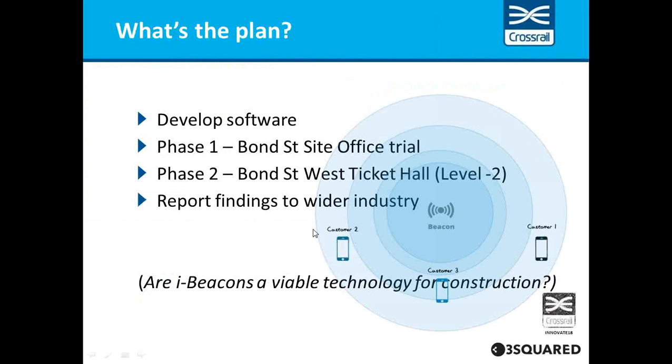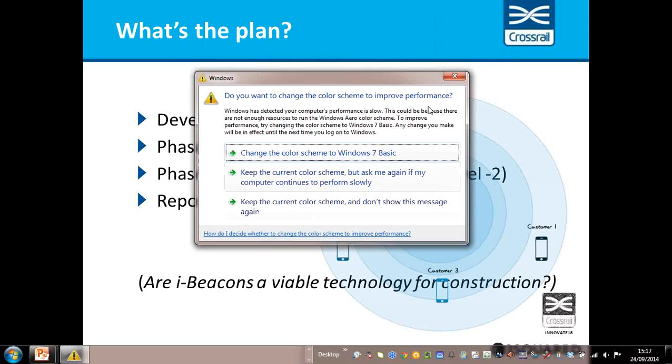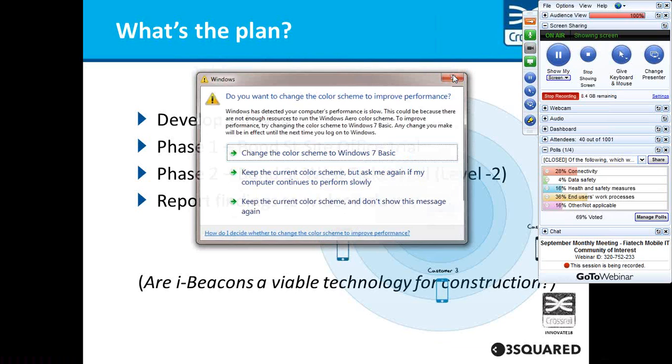Okay, so what's the plan? We want to work with our technical partner in a short-scale proof of concept trial to develop software that will be able to manage zones on a construction site, and also to create an application that will sit on a mobile device that will augment the performance of the capacity of that device if it interacts with the zones. So some examples might be exclusion zones. So if somebody moves into that exclusion zone, you'll know if they've been there. You will be warned if you're moving into proximity of it, and you'll be warned if you violate that space. There may be other areas, like areas of high sound levels and other hazards, and you could be warned of that.